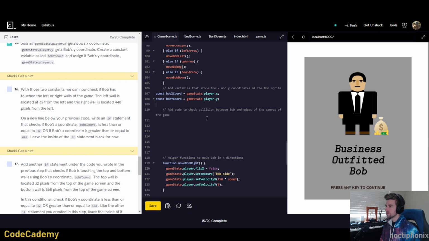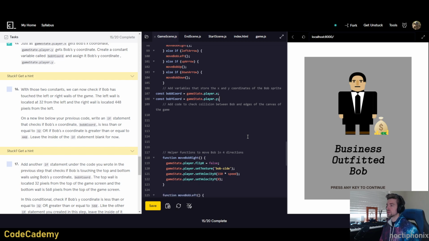So, check the collision between him. Okay, so we're just going to do this down here. To start with an if, we're going to check to see if the x coordinate is less than or equal to 32. So Bob x coord, less than or equal to. I forget the order of this, if you have to put the less than or the equal to first, but we'll find out. So this to 32, and then put our two pipes in,